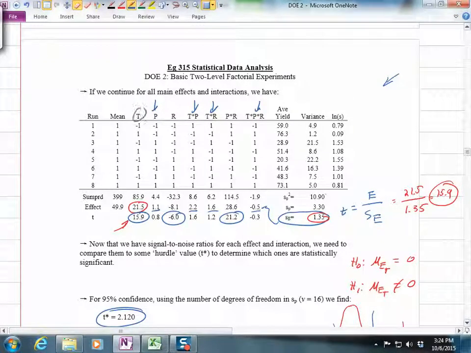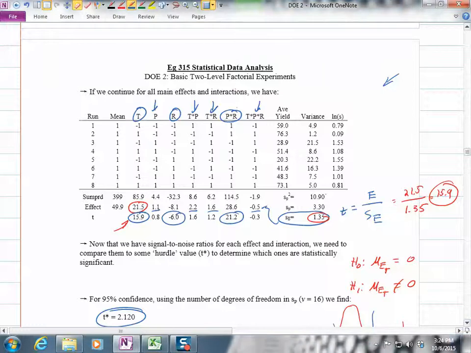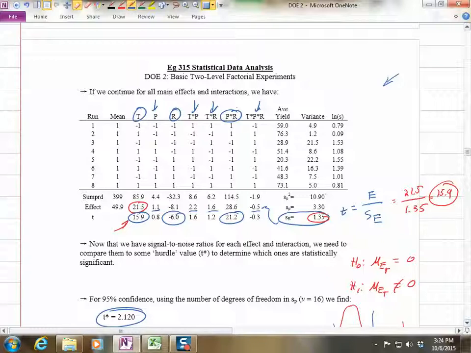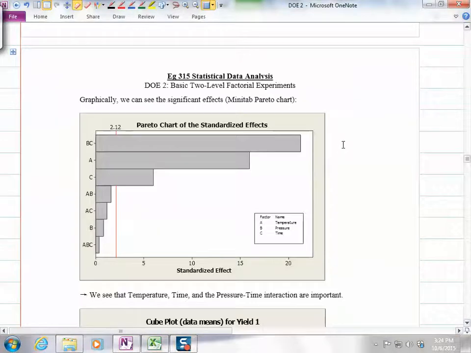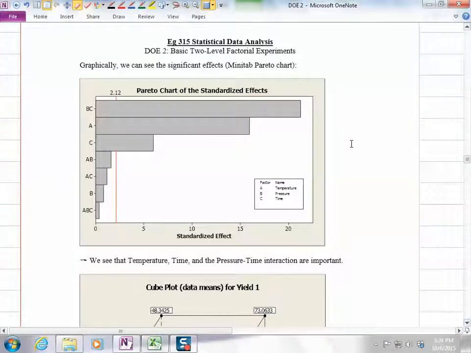So we would go forward with these 3 effects, the 3 out of the 7 possible effects that really are doing something. And now we will take that next step of, all right, let's interpret these effects and figure out what do we set temperature, pressure, and residence time at to maximize this yield. So we can make some